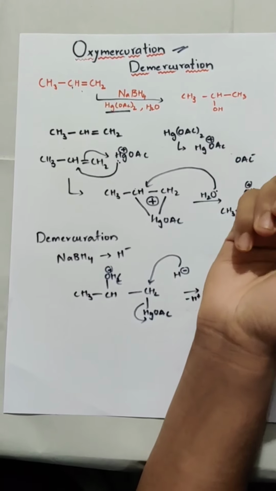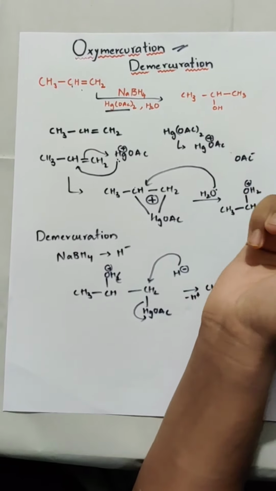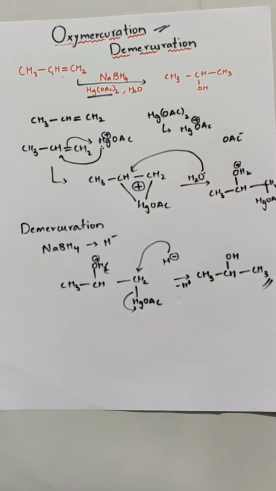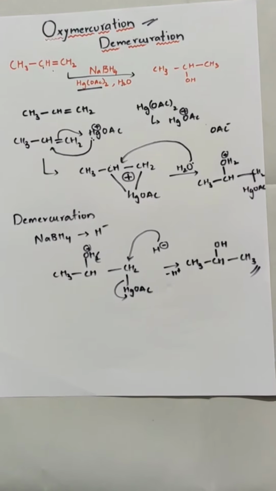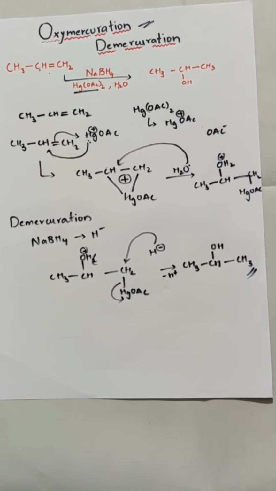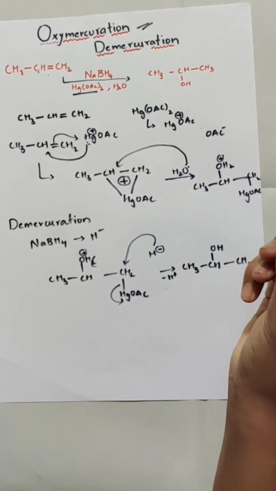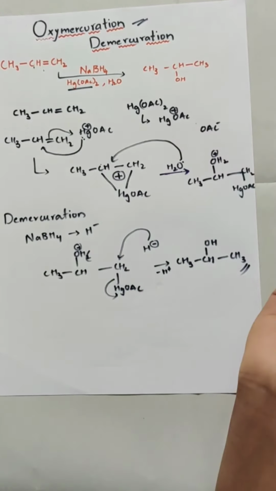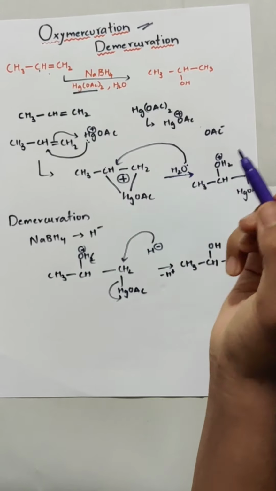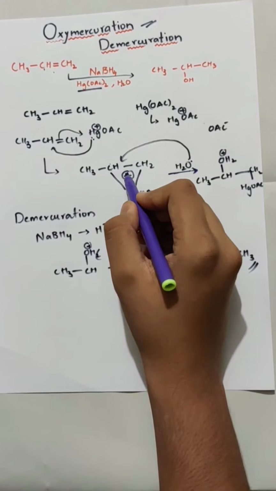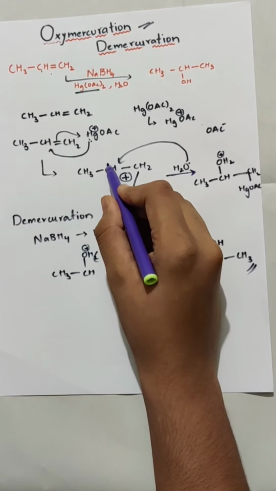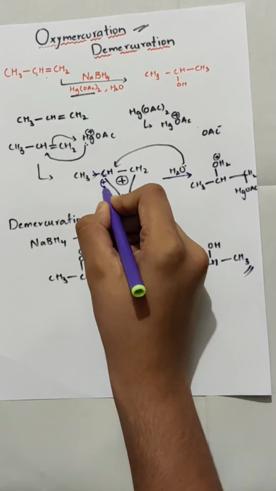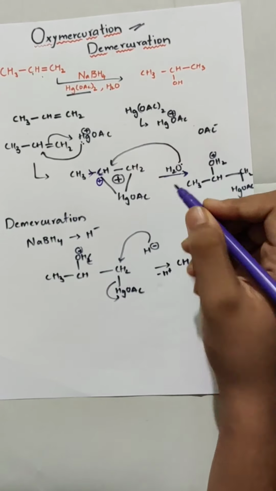Now we have a few points to note about this reaction. First of all, see this OH2. Where do you think this attacks? It has two places, no? This carbon and the other carbon. Well, this is a Markovnikov addition. That is, this positive charge is more distributed to this carbon because there is a donating group, and a carbocation is stabilized very well here. So you need to follow this rule.